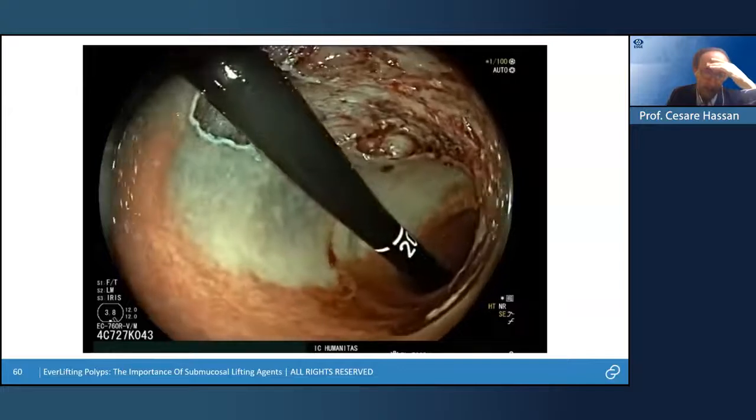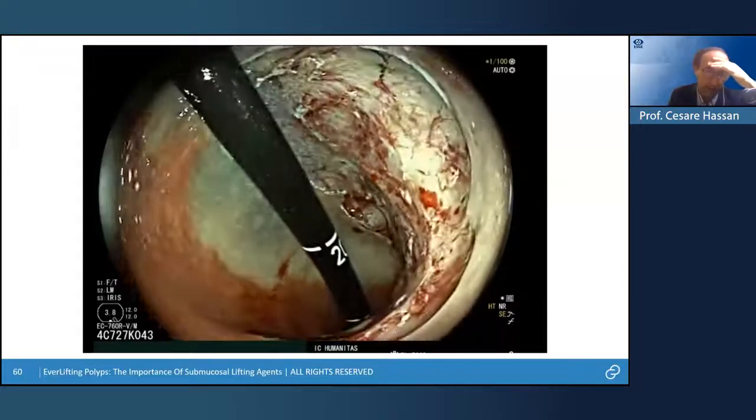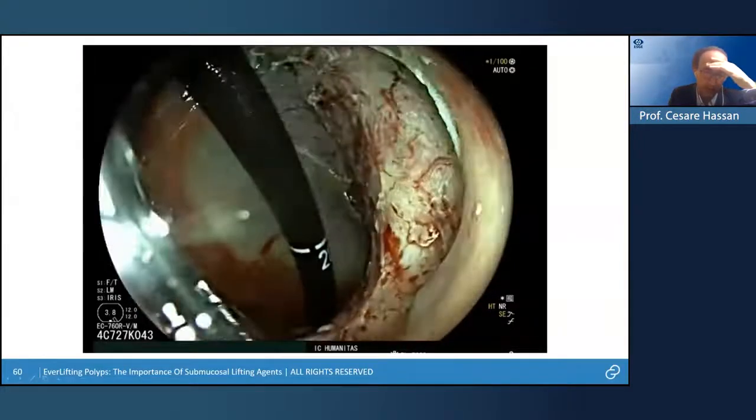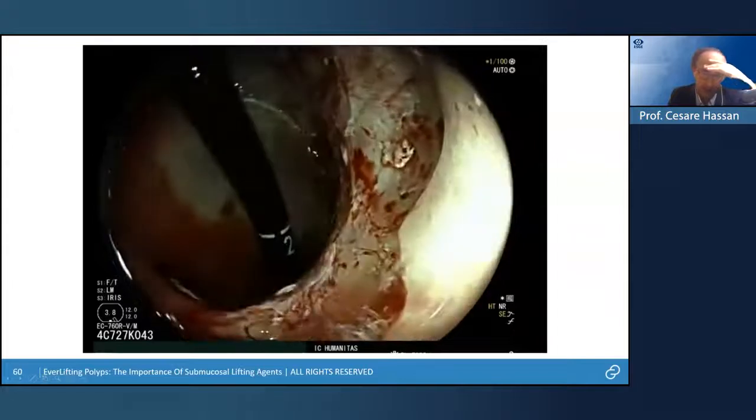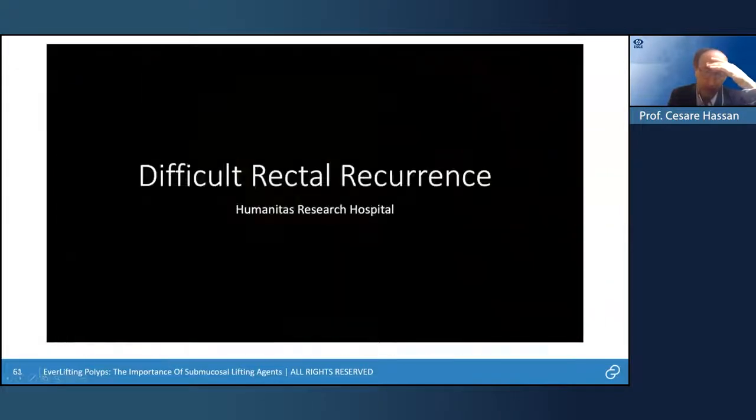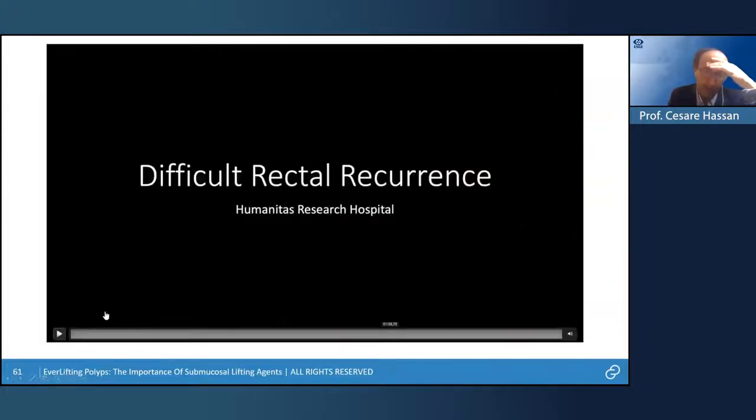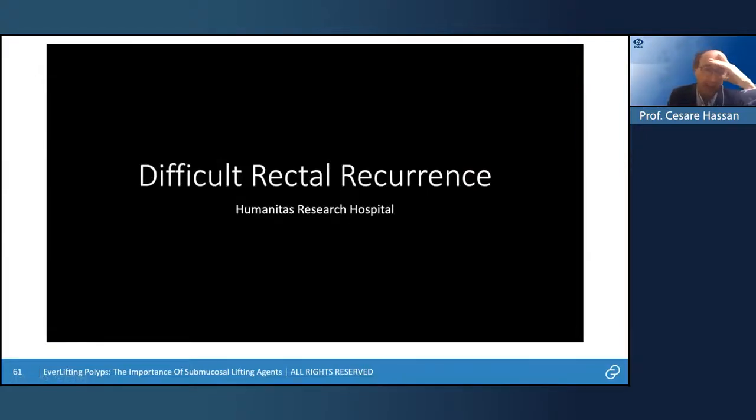And you will see now the end of the treatment that was extremely satisfactory, and the patient was cured. But you must be aware that the recurrence may be extremely nasty. I don't know if Evelyn and Doug agree. Maybe the recurrence may be the only benign lesion that sometimes the endoscopist cannot